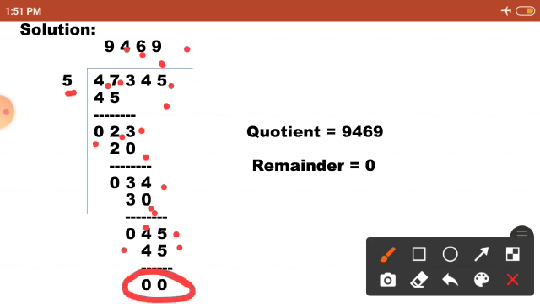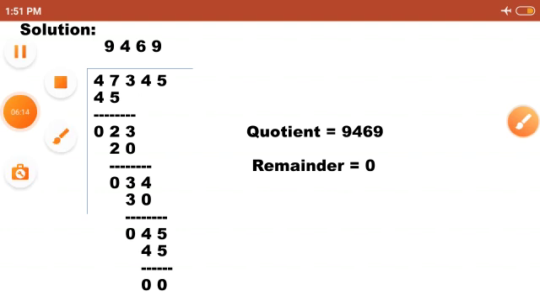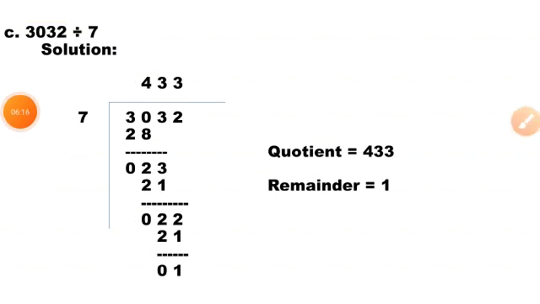So the remainder is what? 0 and the quotient is what? 9469. Next,